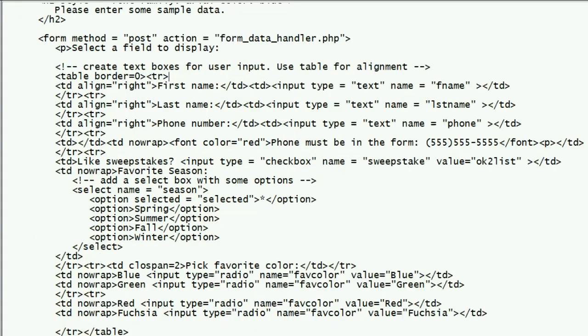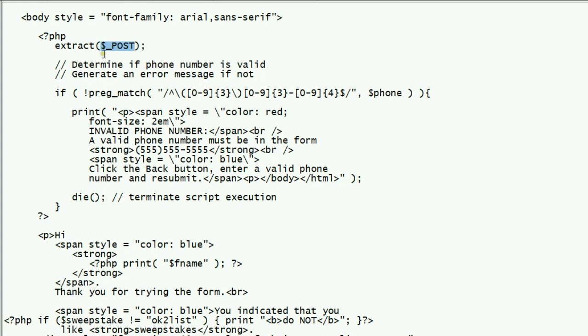Now this is because the submit method was set to post for the form. So if you look at the form again, the method was post. If the method was get, then another hash array would contain all this information, which would be the corresponding get. For now, all this information exists in this hash. Another name for a hash would be an associative array. And if it sounds like I'm speaking Greek here, then maybe we would need to review the concept of hashes or associative arrays. But assuming that you can pause and look into it if you need to, we'll go on